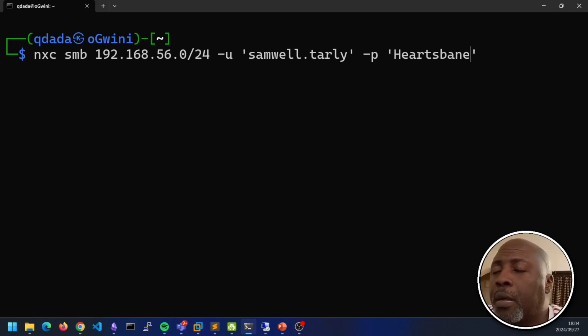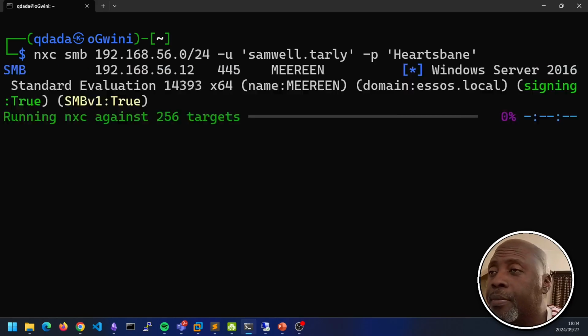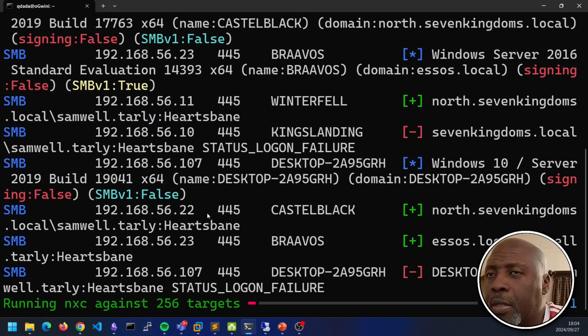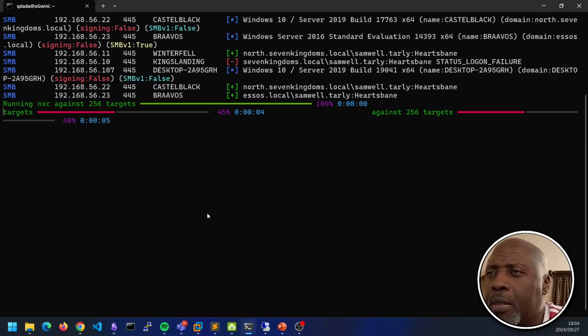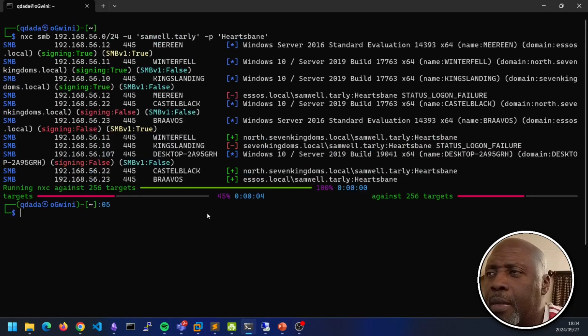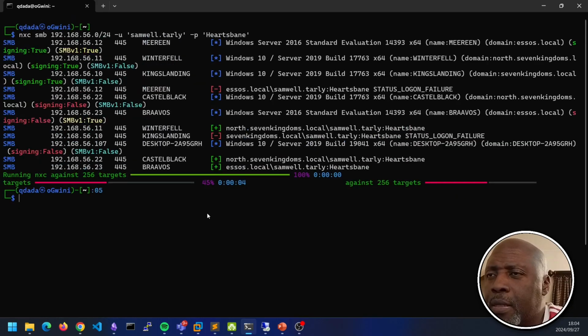Okay. And then we're going to let it rip just to see. Let's let it rip. So it's a little bit too big. Let us reduce the size here. And then it tells us that on Winterfell, Samuel Telly is valid.